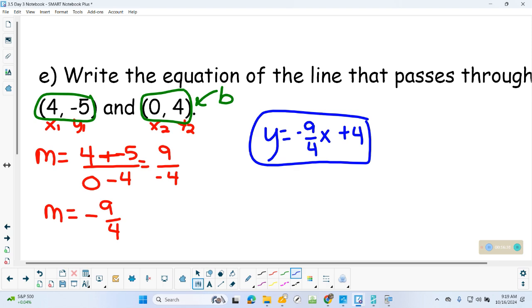Now, just to show you, if you're like, man, I am bad at picking out those y-intercepts, although you want to be good at that because it's less work, you could have done point-slope form. Like you could use that first point there, and then your slope, x minus the x. Go through, do all the work, you'll get the same exact answer. So there are some choices on how you do some of these. If you pick out the y-intercept, though, I promise your life is easier. All right? Any questions I can answer on those? Okay, so let me